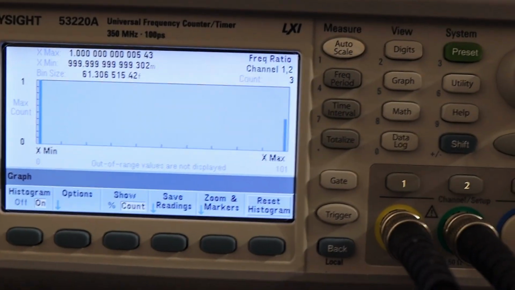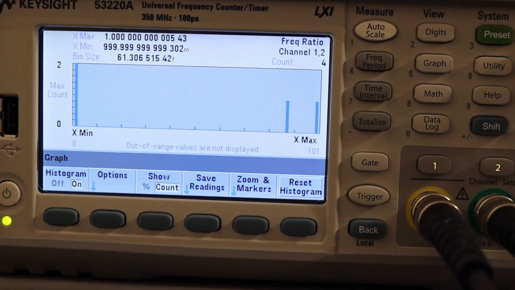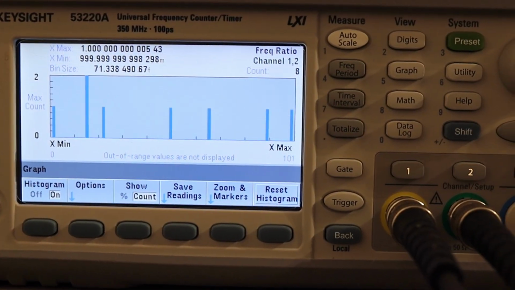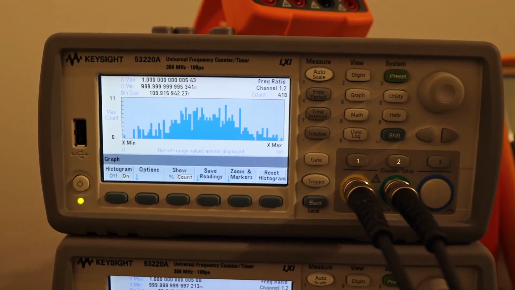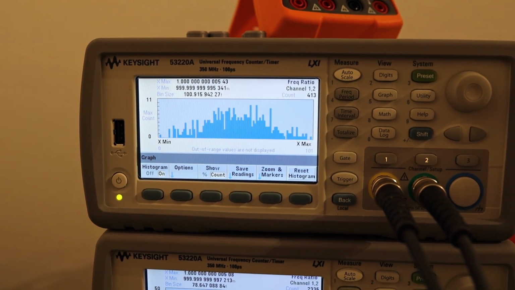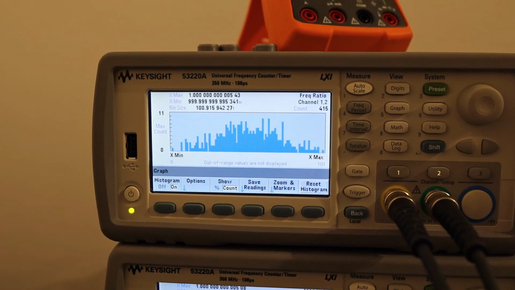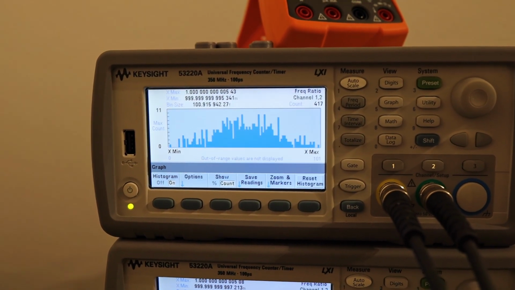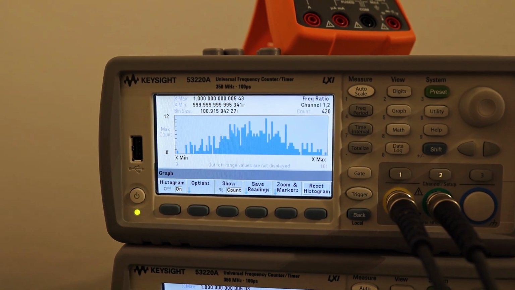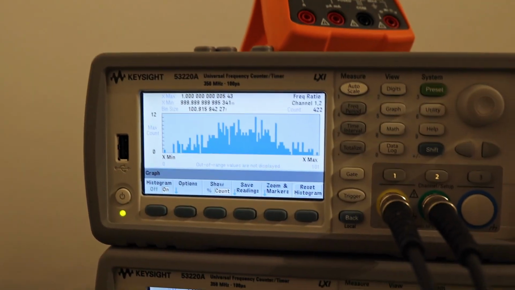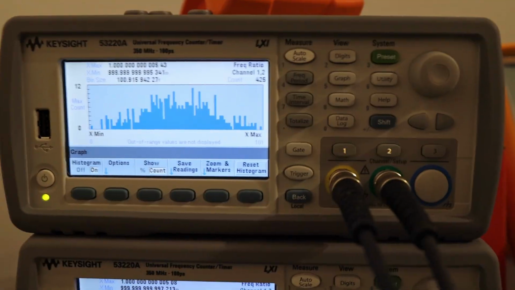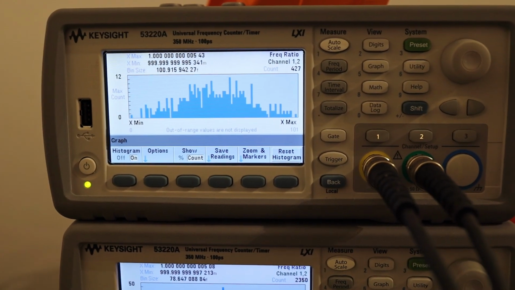I have reset the histogram on the first channel, and you can see it's collecting the bins. It'll take some time because I'm set to 1 second of gate, so we'll wait for some. So in a few minutes we got some data collected, and you can see that we got 412 or 413 measurements now collected, and the bin size has increased slightly from 81 to 100 femto, which means that you get variation of around 100 microhertz between channel to channel, or channel from different driver to different driver, because